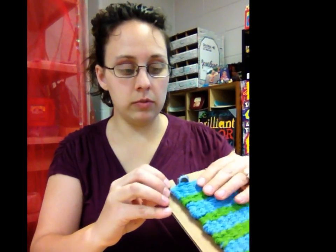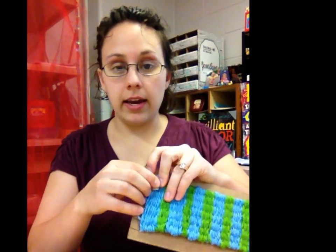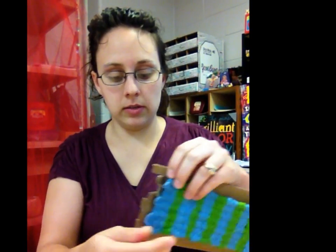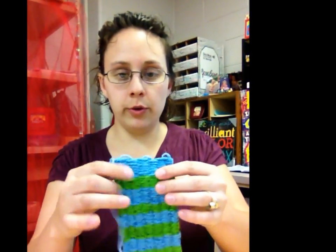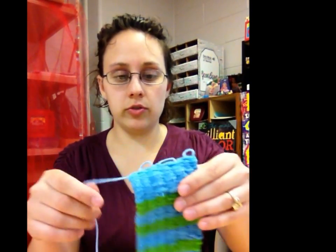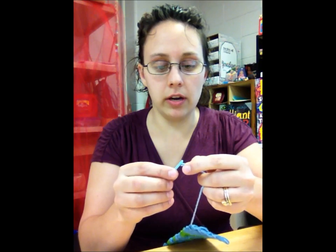If you had a very loose weaving, you should go back and add some more yarn to it. Here's the last one. I'm going to untie the bow that I made in the back and remove these. So now I have the loops on the end in this string, and I have the loops here and in this string also. I'm going to thread this end of the yarn onto my stitching needle,